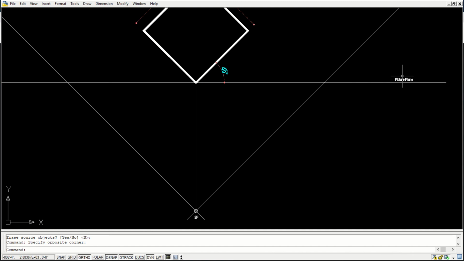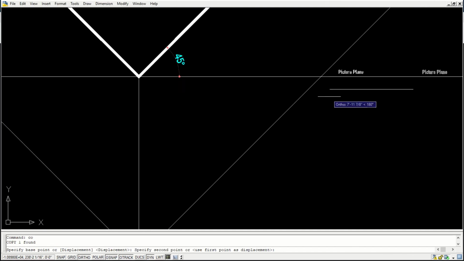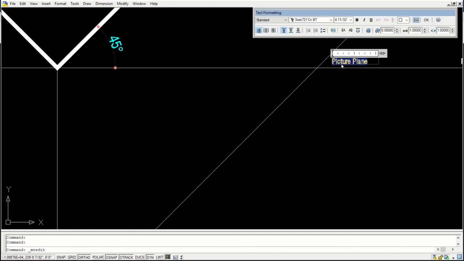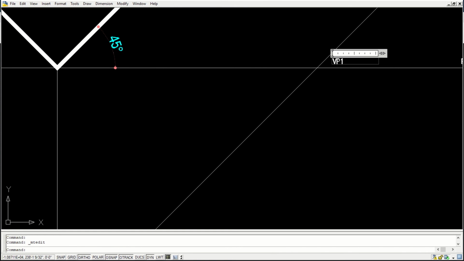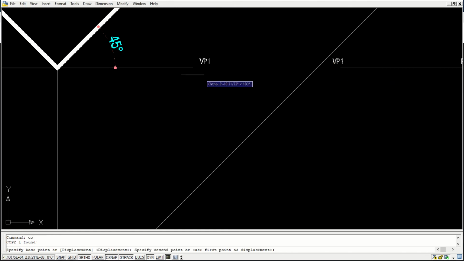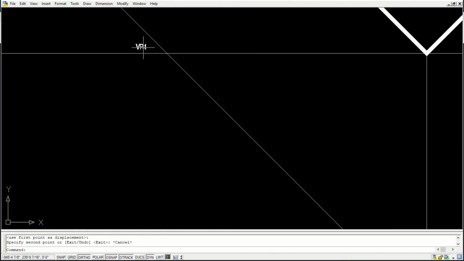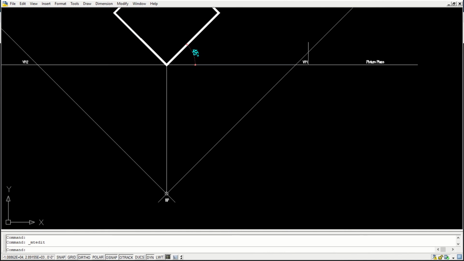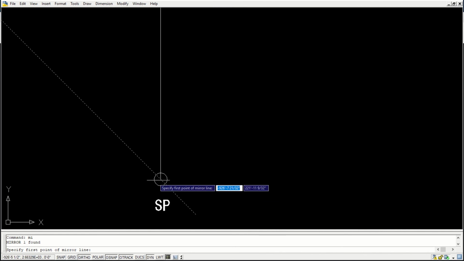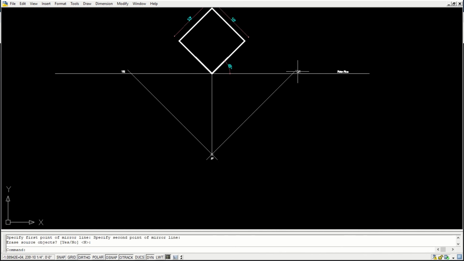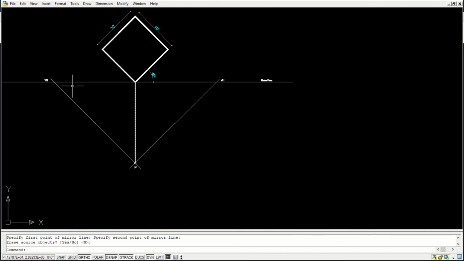Okay, these are nothing but the vanishing points. Vanishing point 1, vanishing point 2. Okay, so let me erase this. Vanishing point 1 and vanishing point 2.